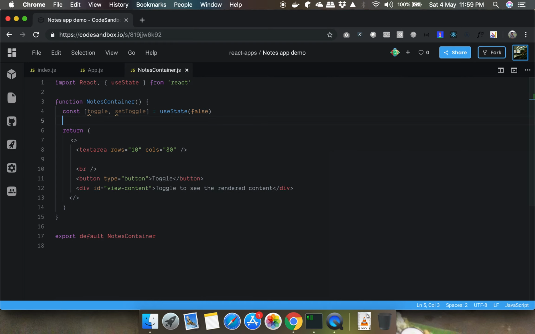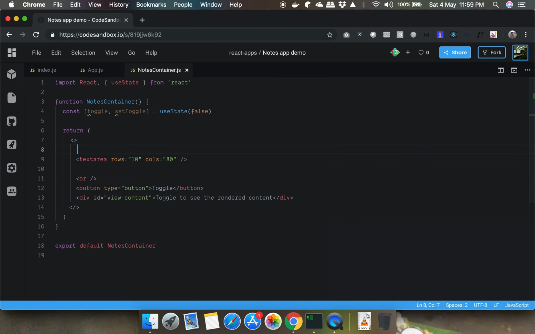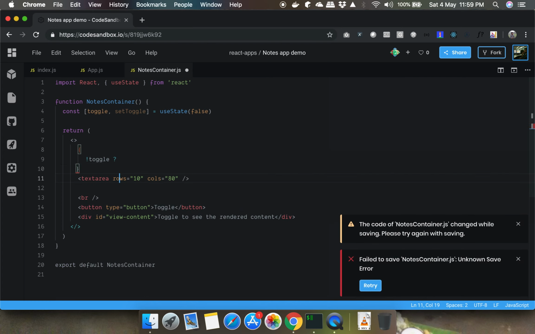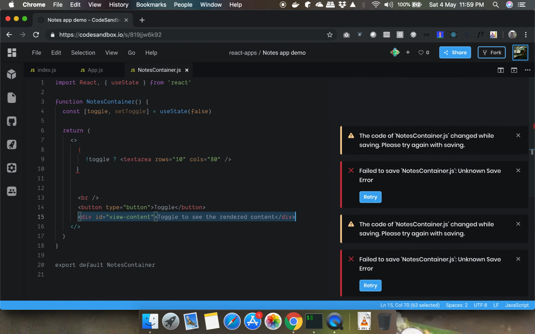I'll initialize my state with false first. So if it is false, I'll display the text area, and if it is true, I'll display the view content. Okay, so in that case, if it is false, right, I should display this, or otherwise